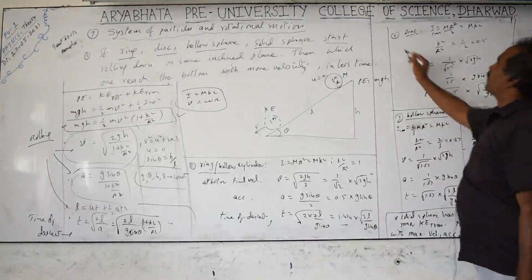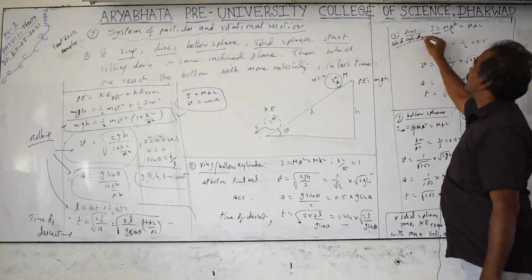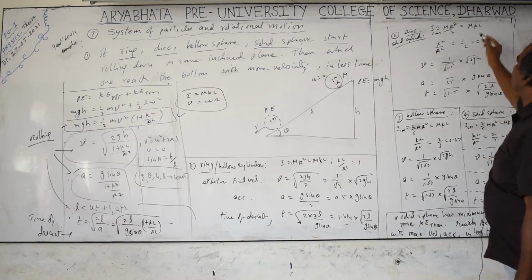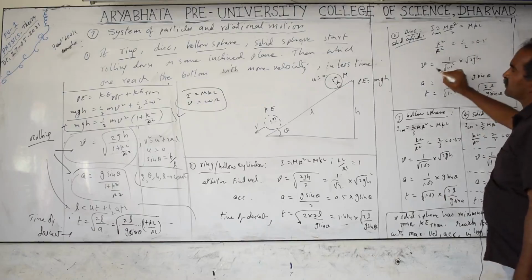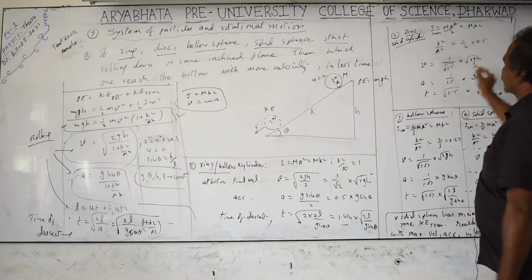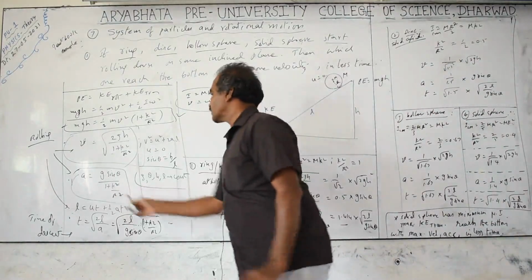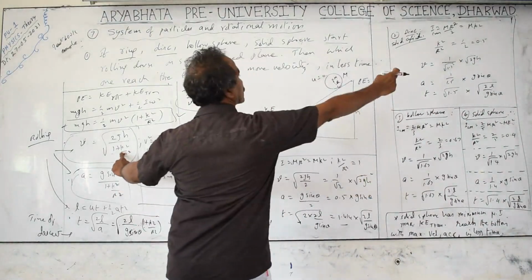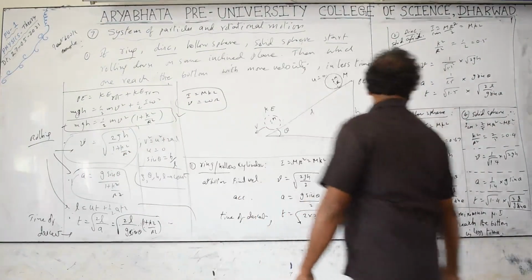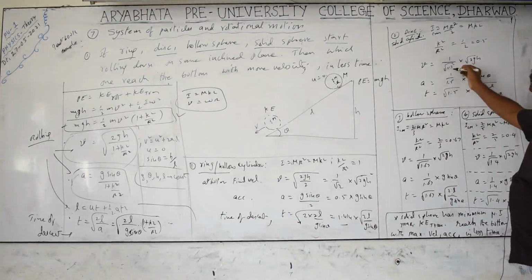Next, disc or solid cylinder, under the same conditions. For moment of inertia, I is equal to mr square by 2, equal to mk square. So k square by r square becomes equal to 1 by 2, which means 0.5. So final velocity v becomes, wherever this 2 is there, replace it with 1 plus k square by r square. K square by r square is nothing but 0.5. So 1 plus 0.5 is 1.5. This is equal to root of 2gh by 1.5, which is nothing but root of 2 by 3 times 2gh.